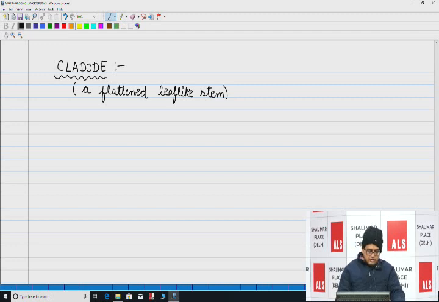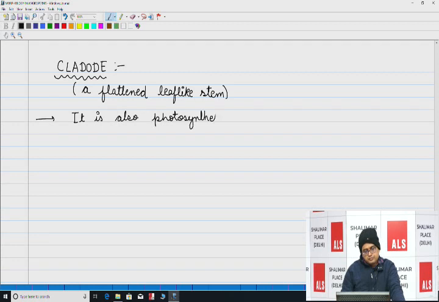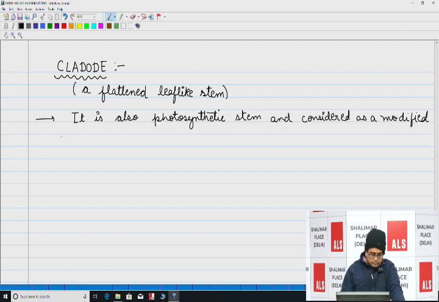Okay. It is also a photosynthetic stem and considered to be a modified branch, but